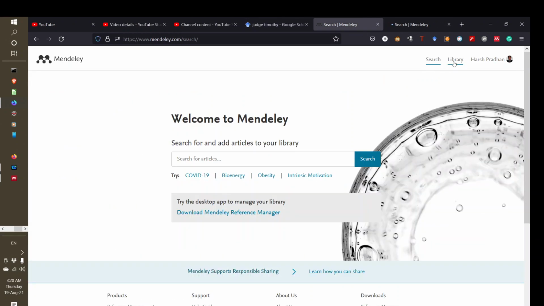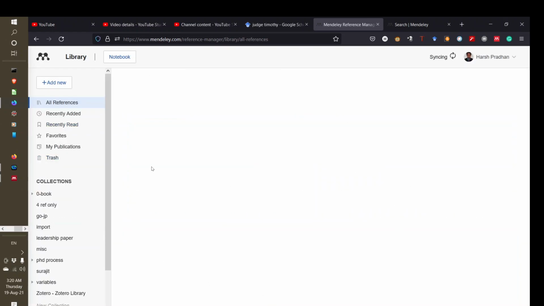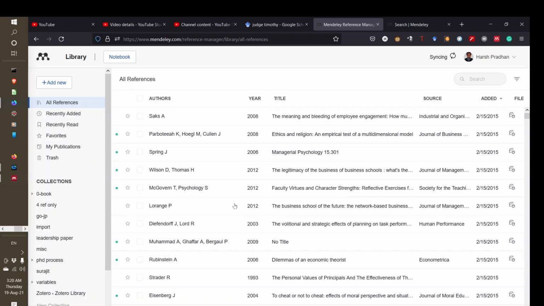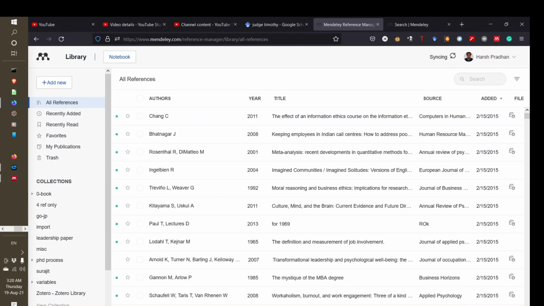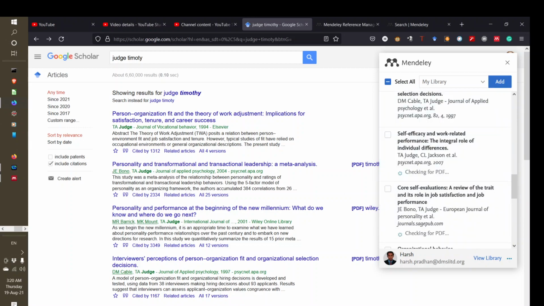Let me search my library. Yes, this is my library. Mendeley can work even if you do not have the desktop downloaded version. You can still work. These are multiple papers. Now suppose I want to get this paper, I will just click here. These are all the references which are coming.